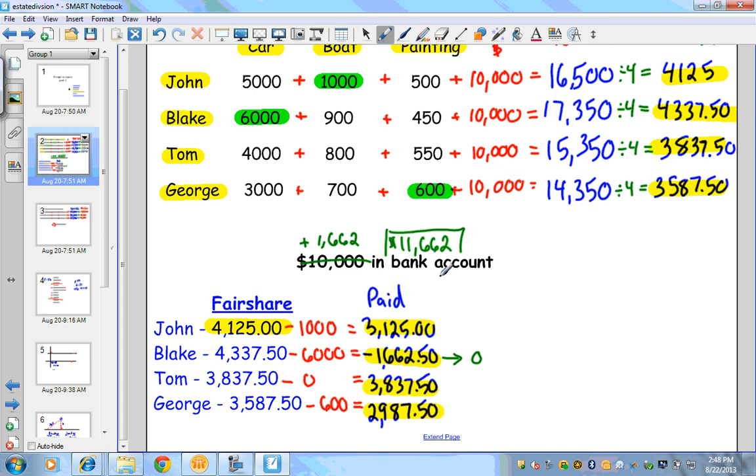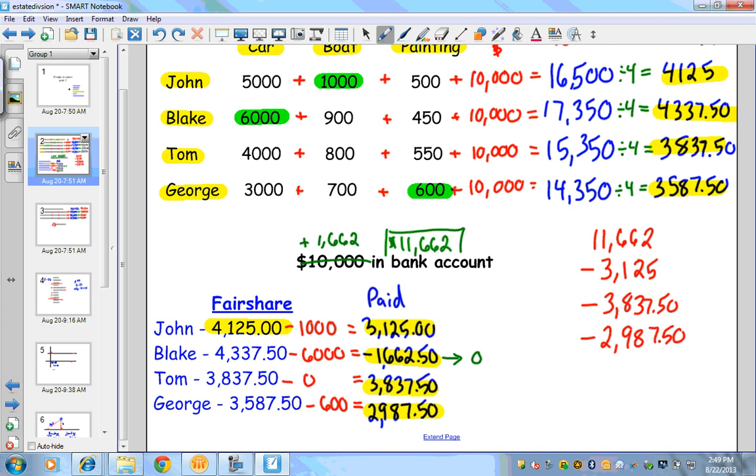Now what you're going to do with this $11,662 is that this money will be the money that will pay off all the other heirs that still need to be paid off. Okay? So what you're going to do is take the $11,662, and I'll write this over here in red, $11,662. You are going to subtract that amount from what John needs to get paid, $3,125, and you are going to subtract the amount that Tom needs to get paid, $3,837.50,